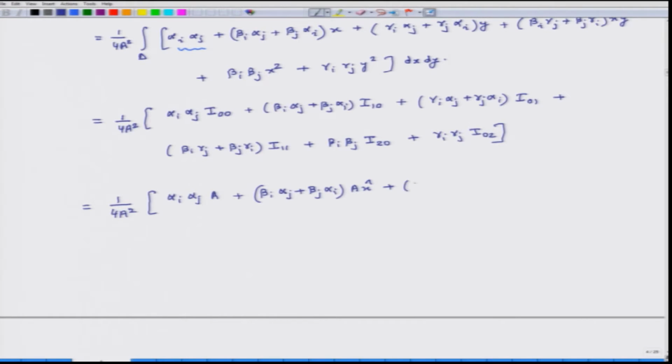Then the third term gamma_i alpha_j plus gamma_j alpha_i, and its value is a y hat, plus beta_i gamma_j plus beta_j gamma_i, and the value of I_11 is a by 12, and so x_i